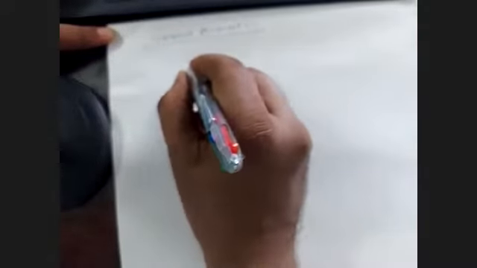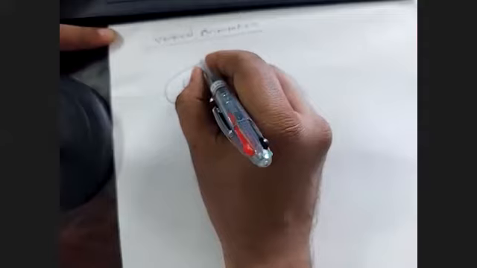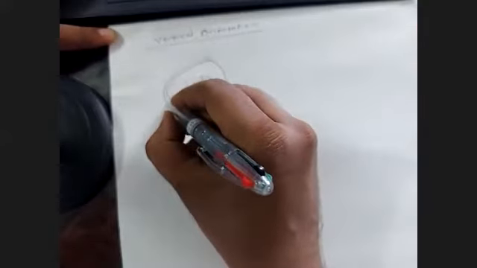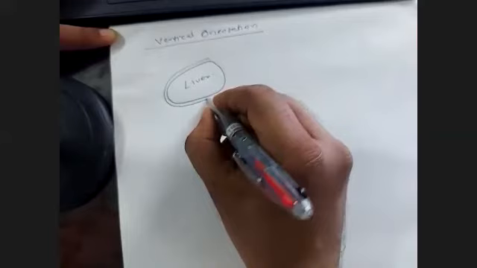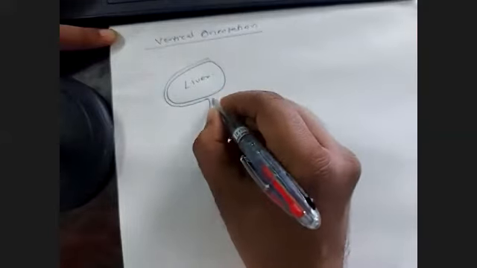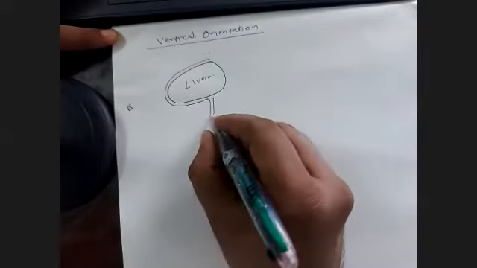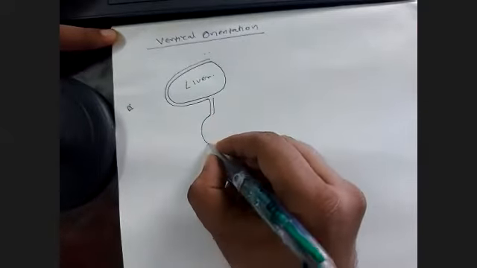In the sagittal section, this is the liver. And the peritoneum, as it covers the liver, comes here and comes down like this. This is the anterior part, goes to the stomach,